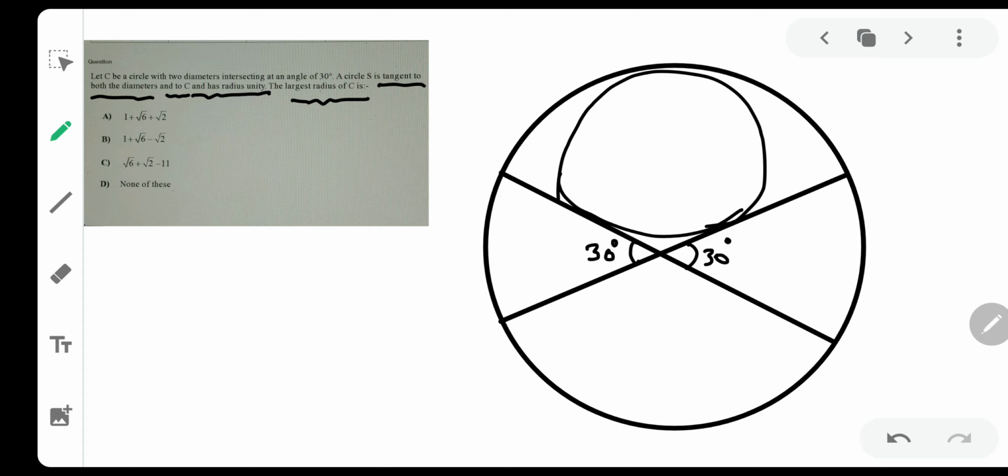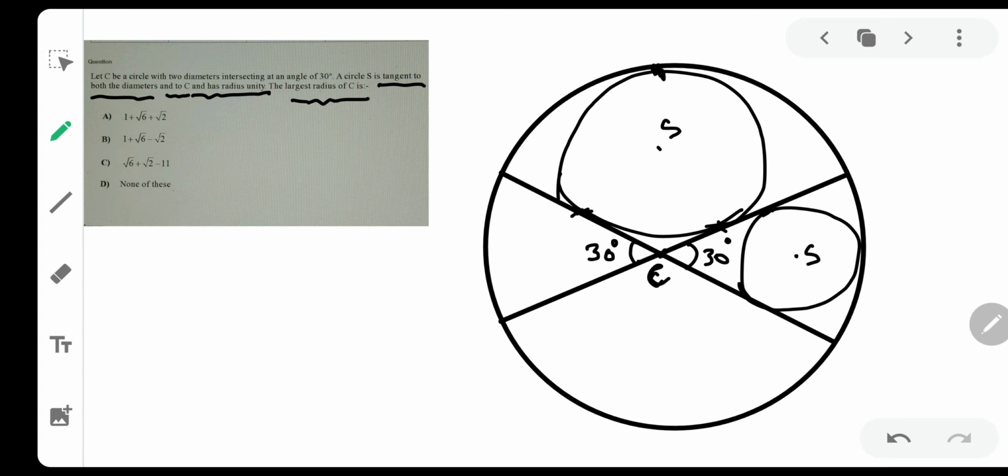So you have to understand that this is a circle. I'm sorry for being such a bad diagram maker. Now you can see that the circle is touching both the diameters and also the circle. So this circle can be present over here, or even this circle could be present over here. This particular circle has the center S, and this particular circle has the center C. So there are basically two circles possible.